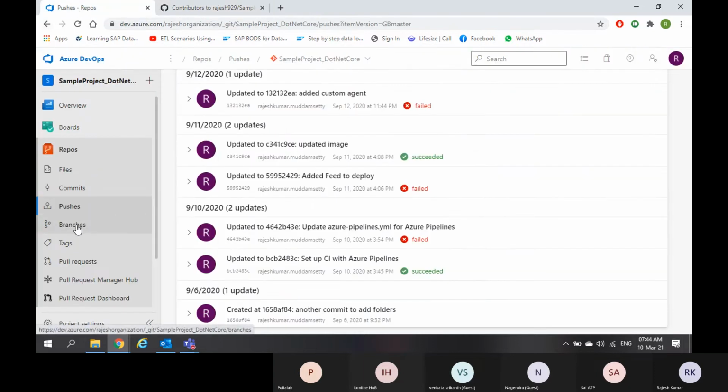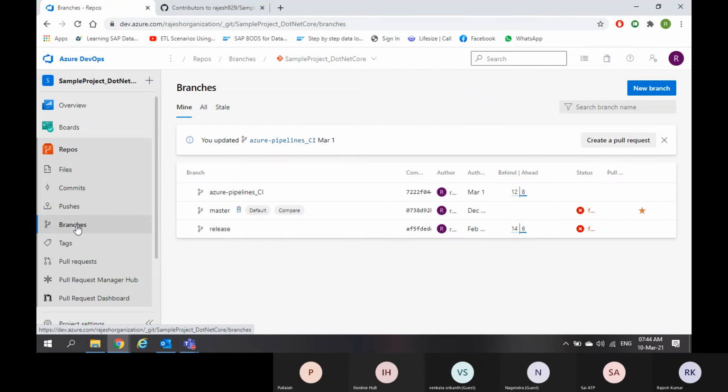Then coming to branches. A branch is something like, within the same repository, you are creating a separate section to have your own source code. This is something like a tree structure. In a tree, there will be multiple branches. So a branch is separate. Even if something is there on one branch, it's not like the same will be on the other branch. In a tree, let's take a honey nest. If you have a honey nest on a branch, it's not like the honey nest is there on the other branch. That means this branch is completely isolated. It is separate.